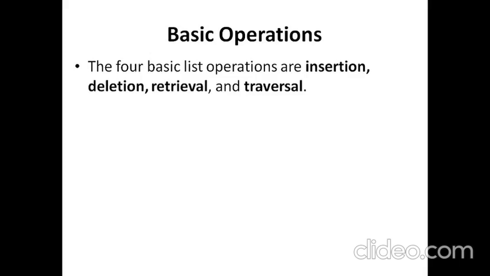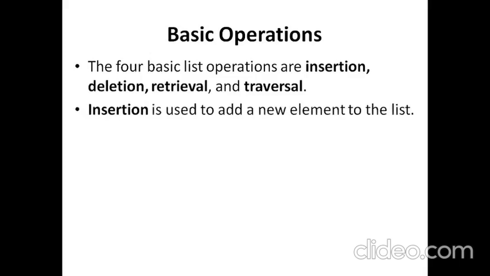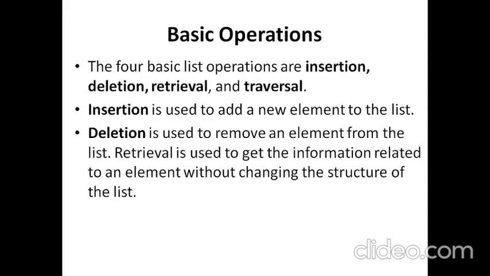Now some of the basic operations that are possible on a linear list. We can insert a new element into the list. As we have seen, you can insert either at the beginning of the list, in the middle of the list, or at the end of the list. Similarly, deletion can also happen in all three positions. And retrieval is a process by which we search for a particular value and locate it, or we determine that the value is not in the list. So it's basically a search operation aiming to find a particular value in the list.